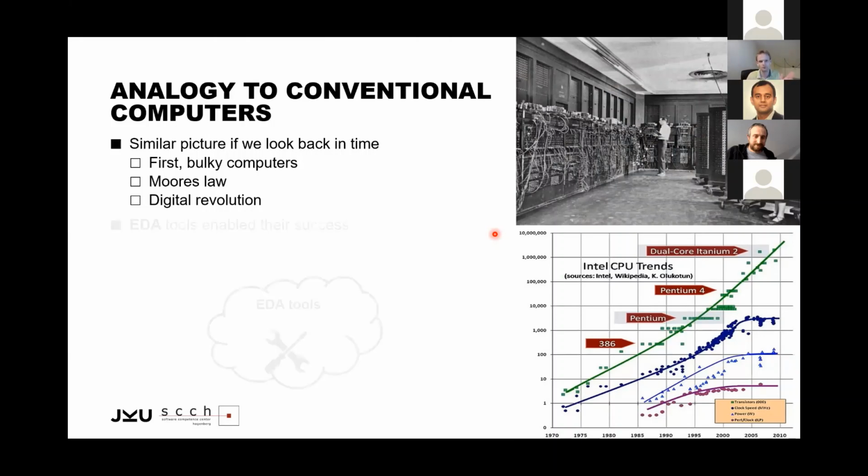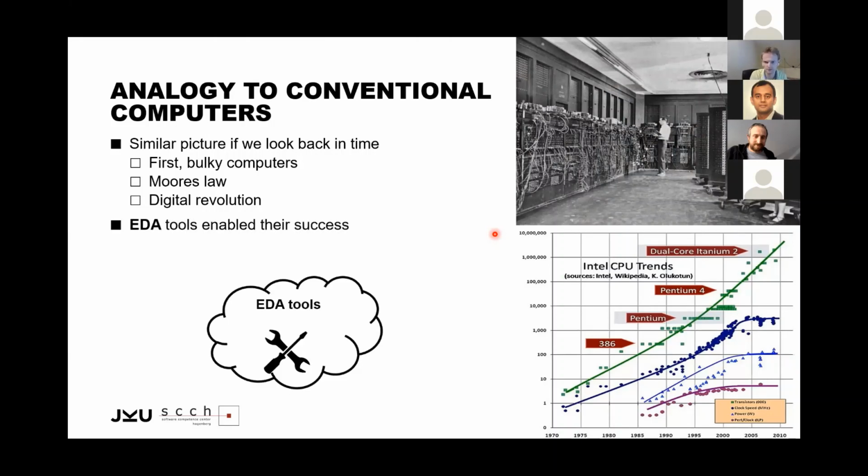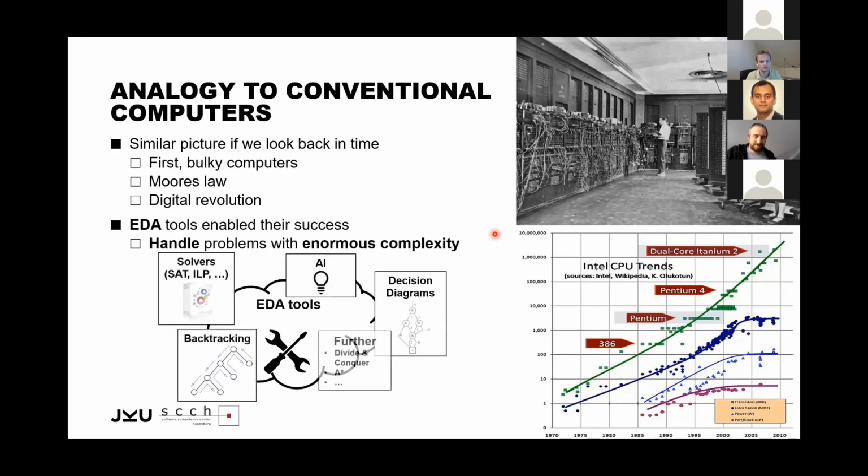And then at some point something happened in the conventional realm, and in my opinion we can now see that very nicely in the quantum computing realm as well. I think Ross's talk was a perfect example of that: we now also need tools, methods, and software which allow us to make the best use of all of this technology. In the conventional realm, we can say for sure that EDA tools are an important pillar which enabled its success. Without sophisticated and efficient EDA tools, we wouldn't have computers and smartphones and all these technologies so far.